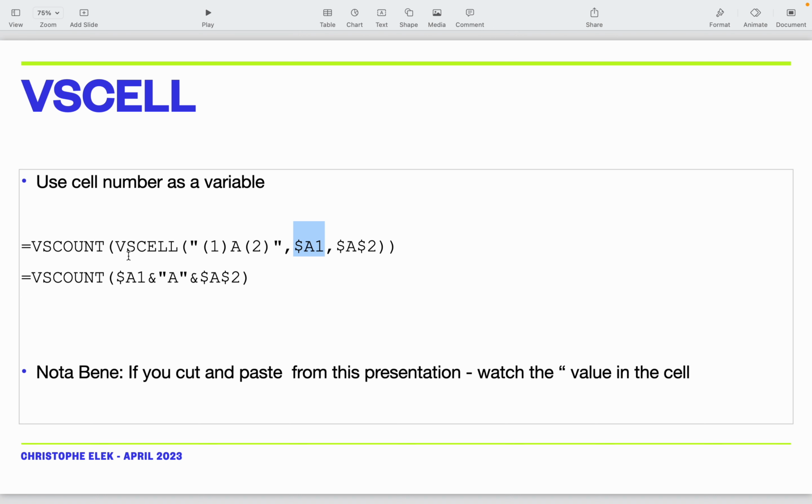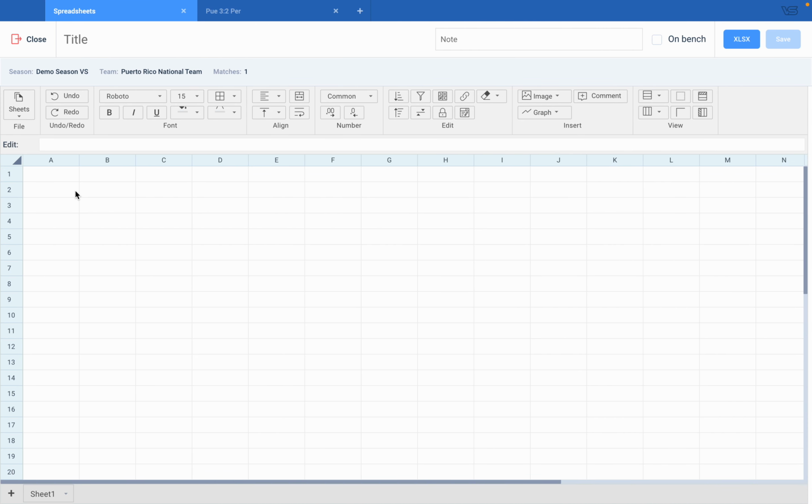The way VolleyStation works is they have this concept of a $ sign, but we need this function called VSCELL to be able to replace information inside the string that we create for the VS count with the variable. So this one here may sound weird to you, but we're going to decompose this one, okay? So I cleaned up, I did a completely new spreadsheet for those who want it, and